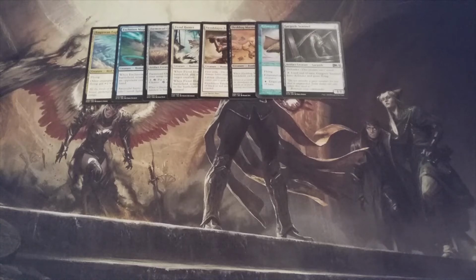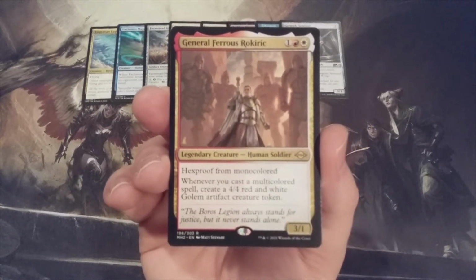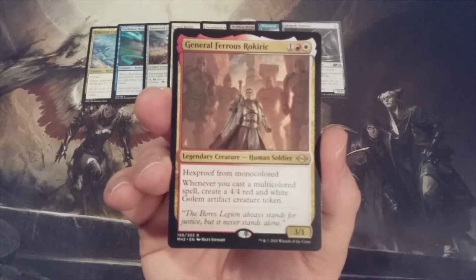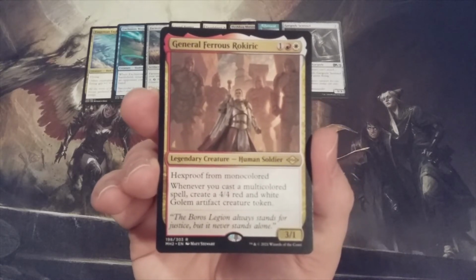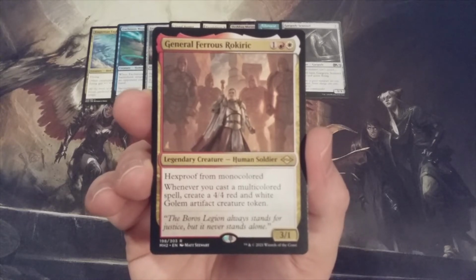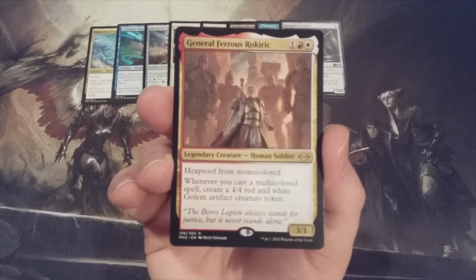All right, next up, creature number 9. As we creep towards the halfway point of this video, we have General Ferris Rokuric, a 3/1 human soldier. It is hexproof from monocolored. That could be valuable considering there are some creatures that have enter the battlefield triggers or activated abilities that could be targeting General Ferris Rokuric, and if they're monocolored, they won't be able to do so because of his hexproof